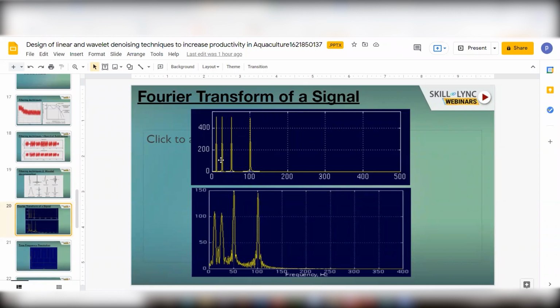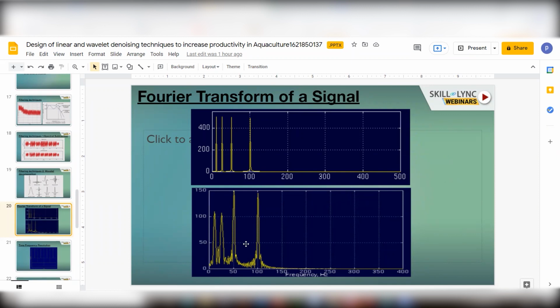If the same 512 sample signal is non-stationary, then the time where the frequency 10 hertz is present is not the time where 20 hertz or 25 hertz is present. So if you observe, even though both have all four frequency values, there is some transition. This signal is clear, but this signal has got transition. That means in the entire signal, different frequencies are being developed.